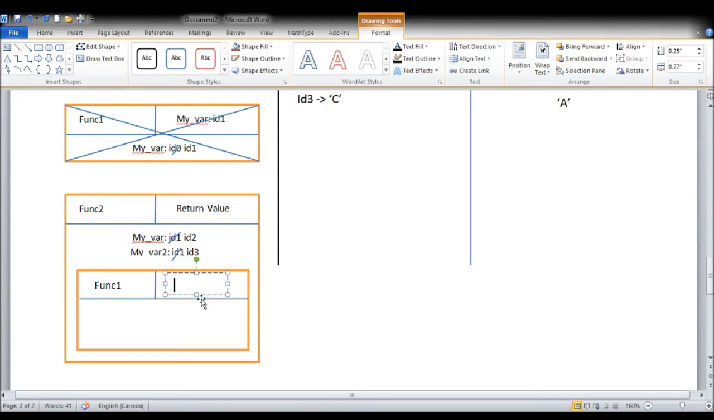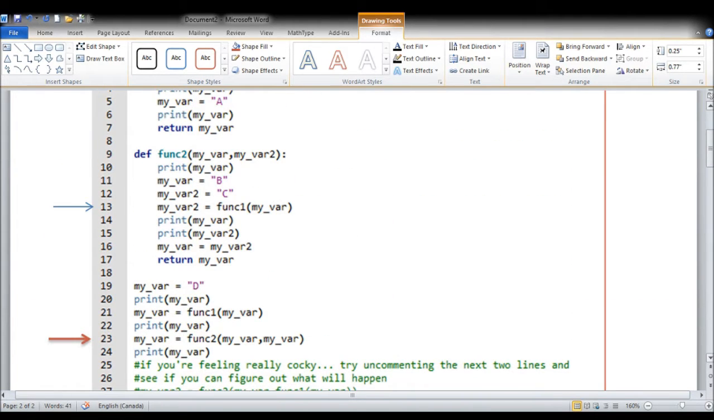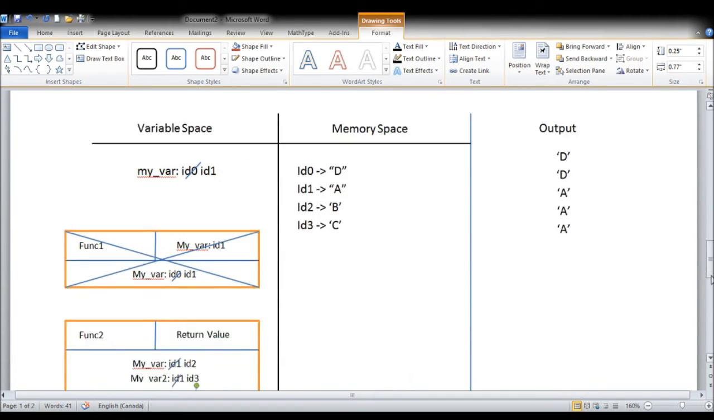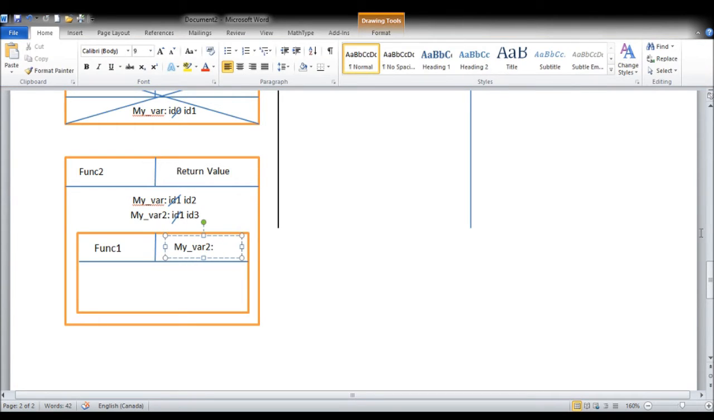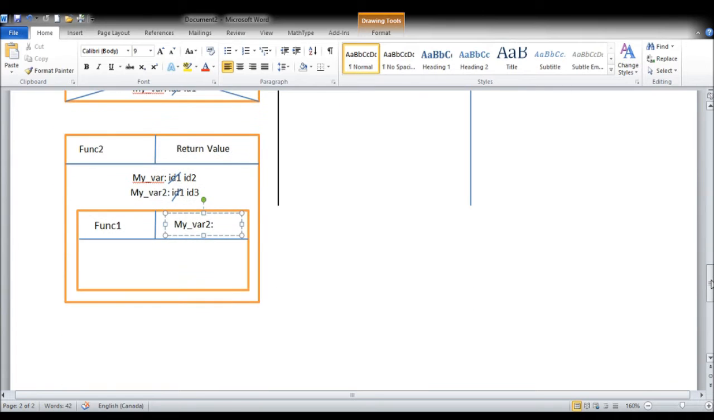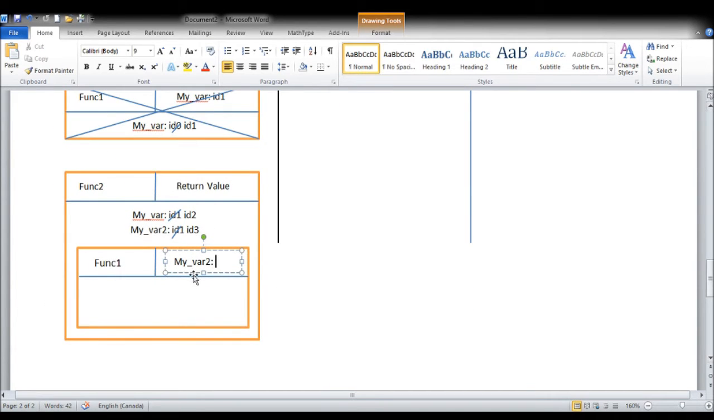So anyway, we notice that back here in this line, where we're calling func1, whatever func1 is going to return, it's going to be stored in my var2, the local my var2 of func2. So the local my var2 of func2 is right here. So this is going to change. Whatever is going to get returned here for this func1 function call, it's going to be stored in my var2. Alright, so